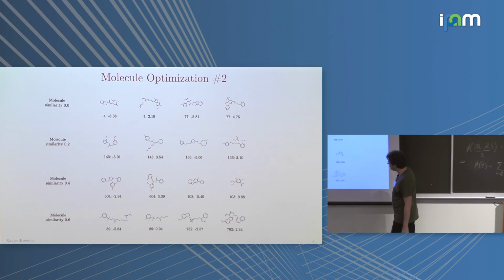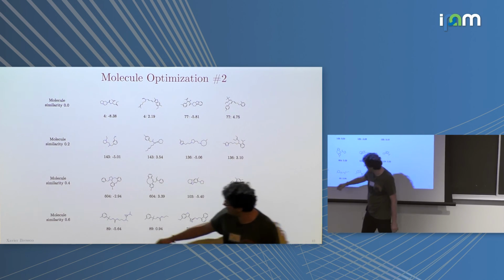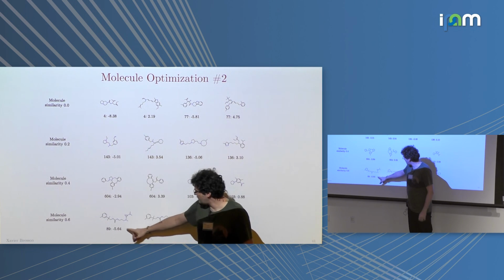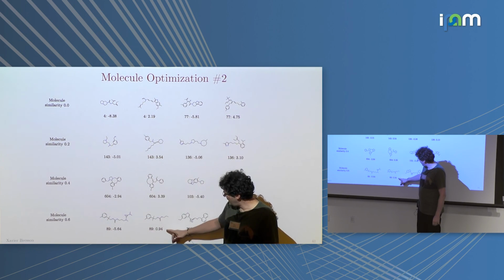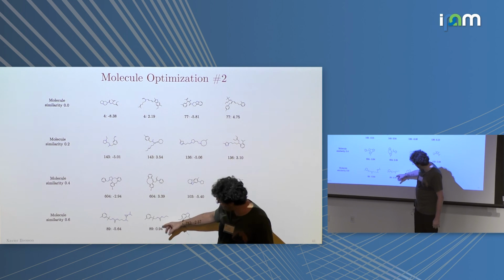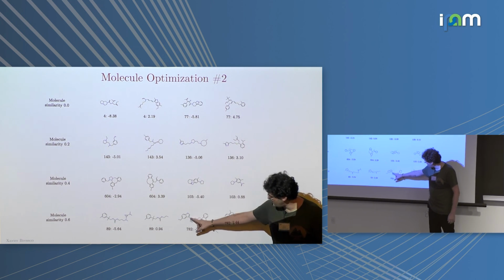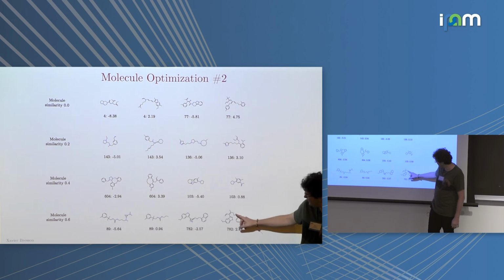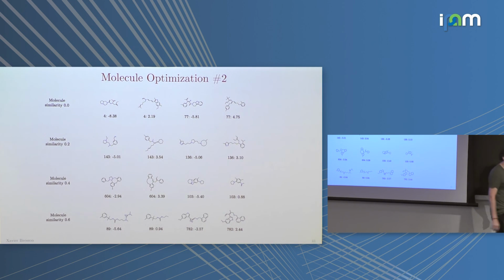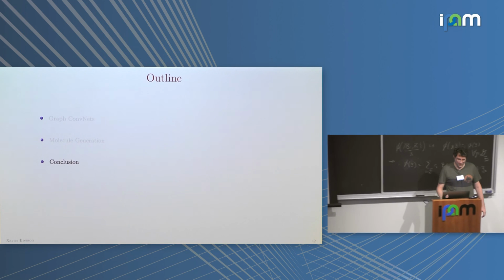So just for fun, we did some visualization. If we want a close similarity, we start with this original molecule. Then we optimize to get this one. So it's just here going to cut. Here we start with this one. It's just going to change this part of the molecule, and we get this one.